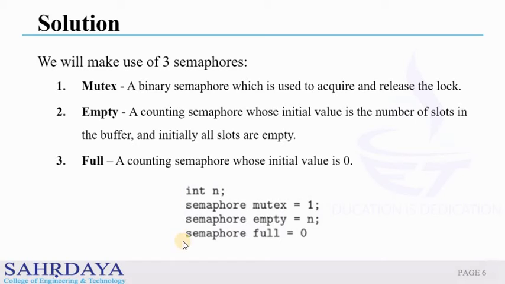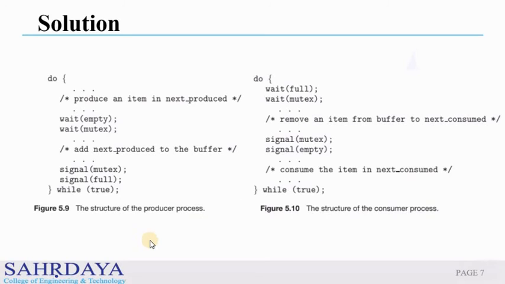Here you can see how the semaphores are initialized in the program. Here you can see the pseudocode of the producer function. Looking at the above code for the producer, we can see that the producer first waits until there is at least one empty slot. Then it decrements the empty semaphore because there will now be one less empty slot, since the producer is going to insert data into one of those slots. Then it acquires the lock on the buffer so that the consumer cannot access the buffer until the producer completes its operation. After performing the insert operation, the lock is released and the value of full is incremented because the producer has just filled a slot in the buffer.